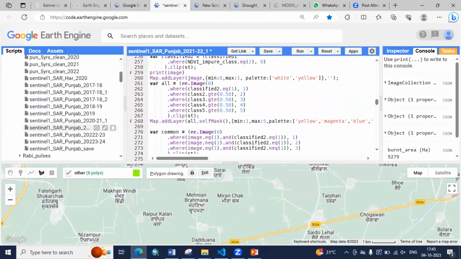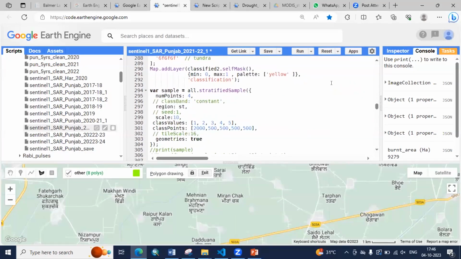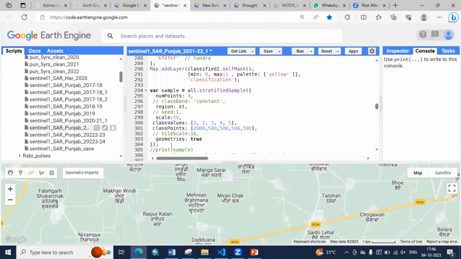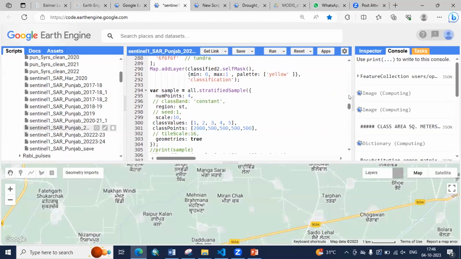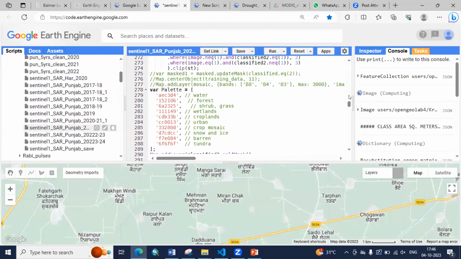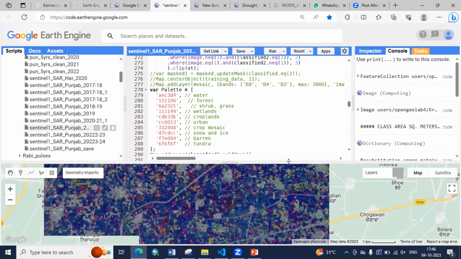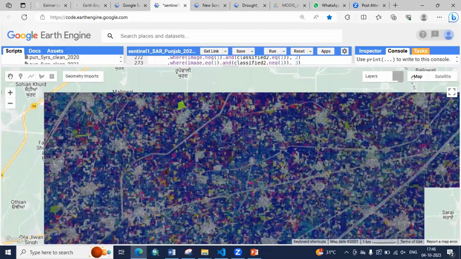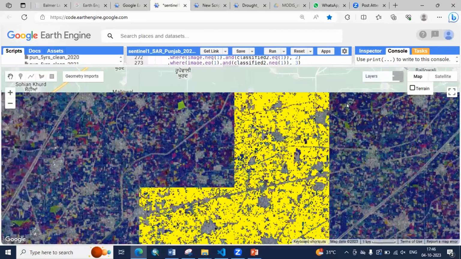If throughout the season the backscatter value is less than -20, definitely it's a waterlogged area. So these checks you can apply in the same model, and you can also do all the validation here. You can distribute your points into training and validation. So if I run this,